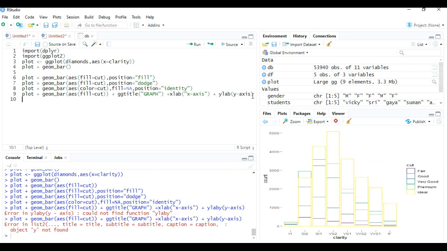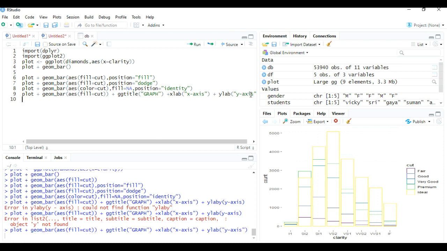Titles, subtitles, captions, some errors we are getting. Sorry, all this I have to give in double quotes, so sorry for that, I made one mistake. In double quotes I will give y axis.